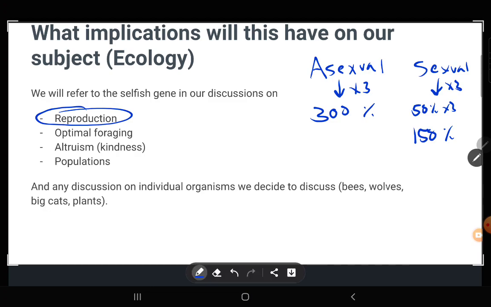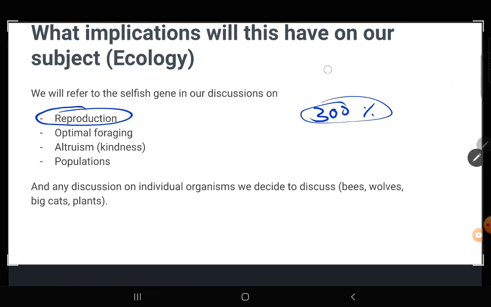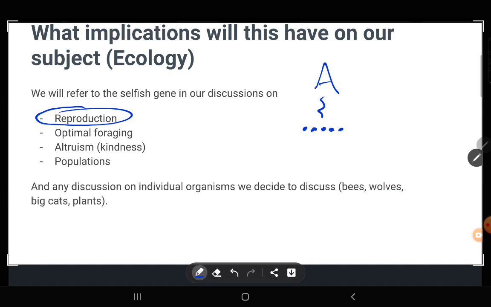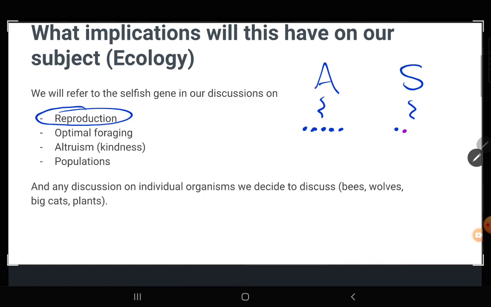So then the question is, why would the selfish gene elect for sex instead of asexual? Wouldn't you think that the greater amplification would serve the selfish gene? Well, it turns out that sex has a great advantage. So in asexual reproduction, you might make 5 children that are all the same as you, but in sexual reproduction, you're going to make more difference. You're going to make more variety.